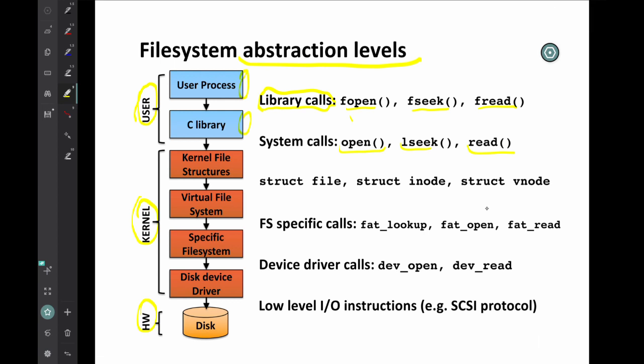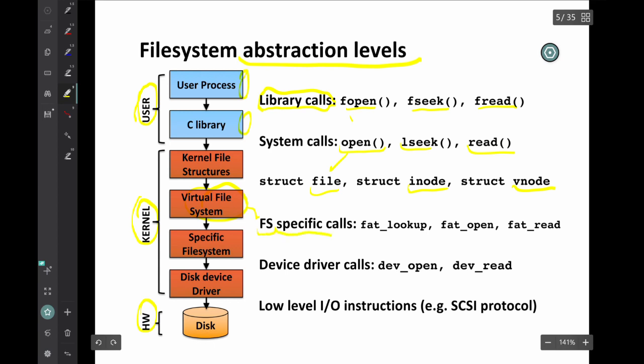At the kernel level, these system calls access kernel file structures like a file, an inode, or a vnode. If you remember, these make up some of the operating system resources that the kernel stores on behalf of the process. Within these structures, we then have the virtual file system, or VFS layer, which takes the file, its path, etc., and maps this to